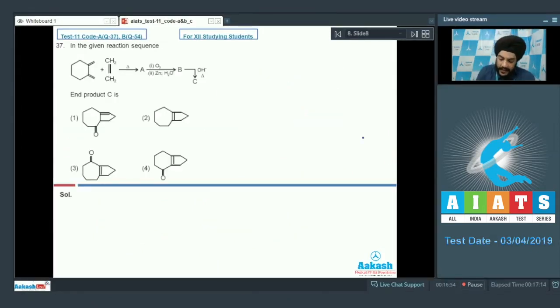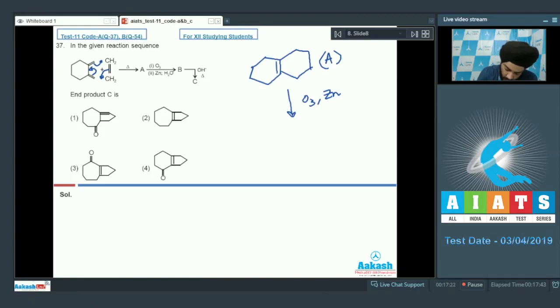Question number 37. In the given reaction sequence, we have a diene and a dienophile, and this is the Diels-Alder reaction. So this will lead to the formation of a compound in this fashion. So this is the product A which is formed. Now this is allowed to react with O3/Zn, which is the reductive ozonolysis. The O3/Zn is going to break this bond and convert it into corresponding carbonyl compounds. So we are going to have the formation of